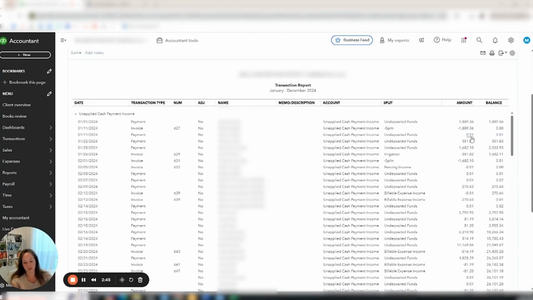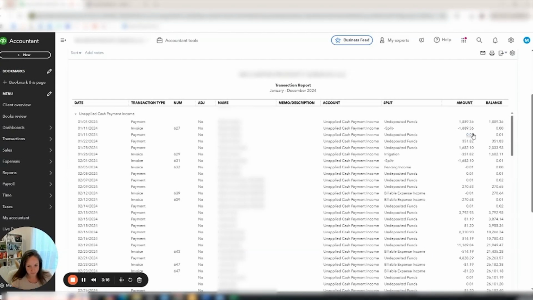This could be a variety of reasons. Usually it's the sales tax rounding error between Jobber and QuickBooks. The other option is if a client paid you a penny more or a penny short of what the invoice balance is. That's often the case, either if they're paying with check or cash. Sometimes the amount you're receiving is not the same as the invoice amount, so that's where we often get maybe 1 or 2 pennies carried balance here. Again, so I expect this 1 penny balance to go up, but what I do not expect is a much